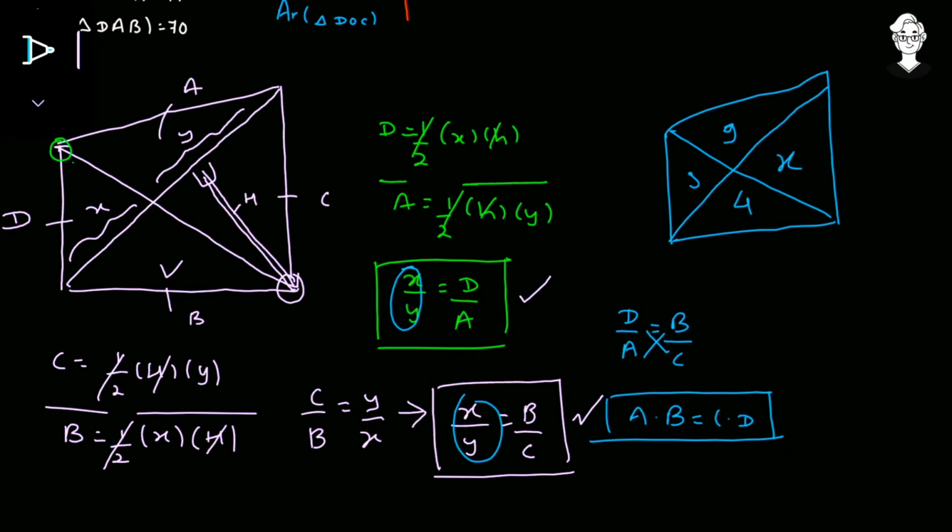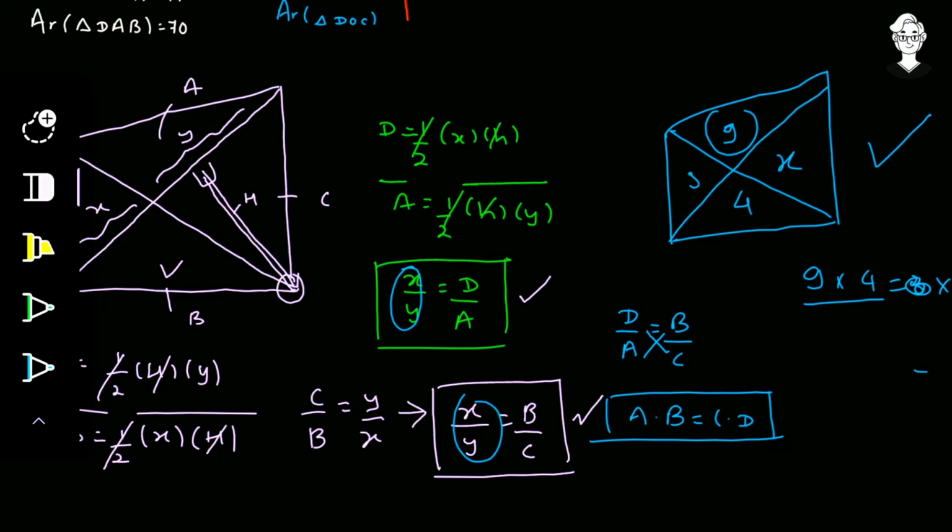So how will we find? So 9 into 4, according to this theorem, we have that 9 into 4 is 3 into x. So from here we get, upon 3, so 3 got cancelled out. We get that x is equal to 9 upon 3, that's 3, 3 4s are 12. So we get that x is equal to 12. So this kind of question can be easily solved using this theorem.